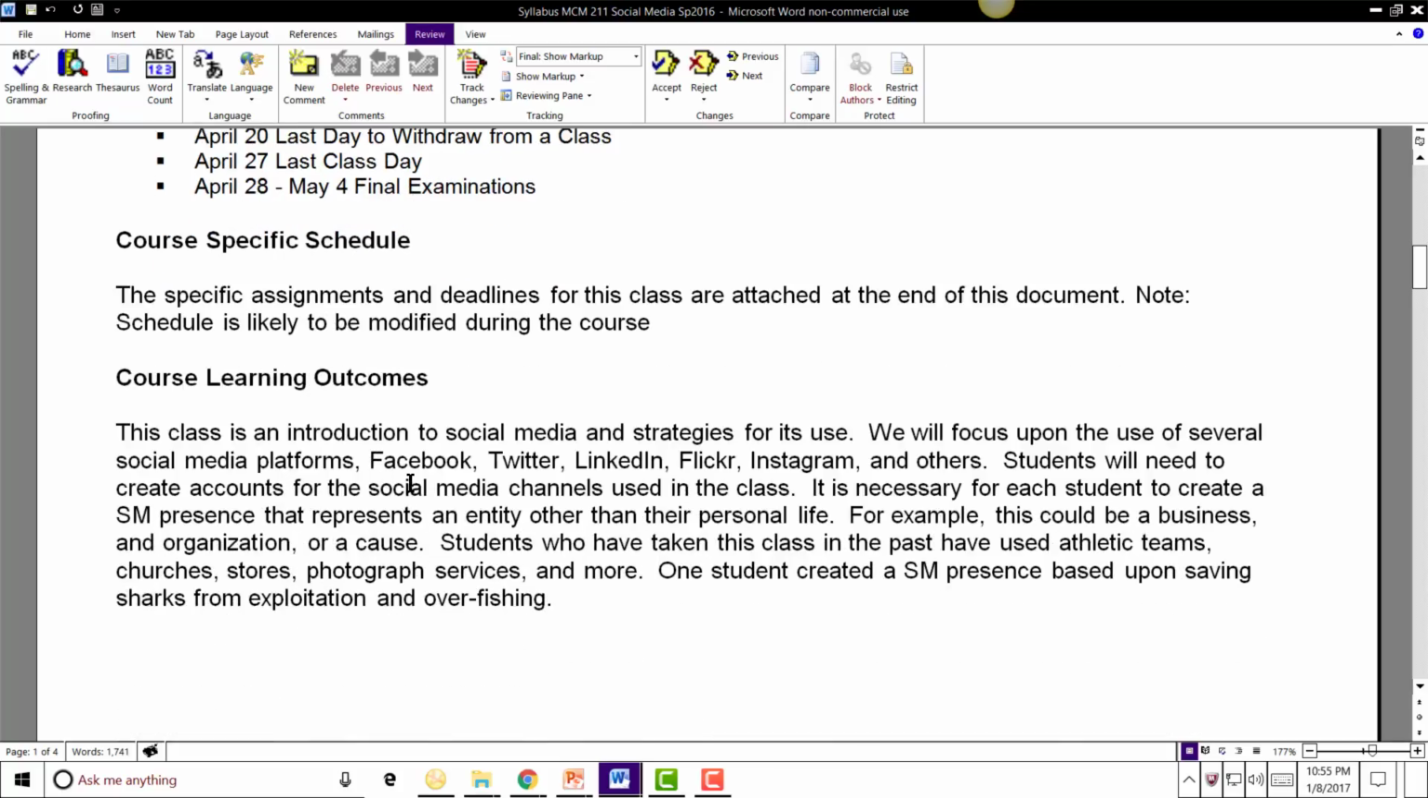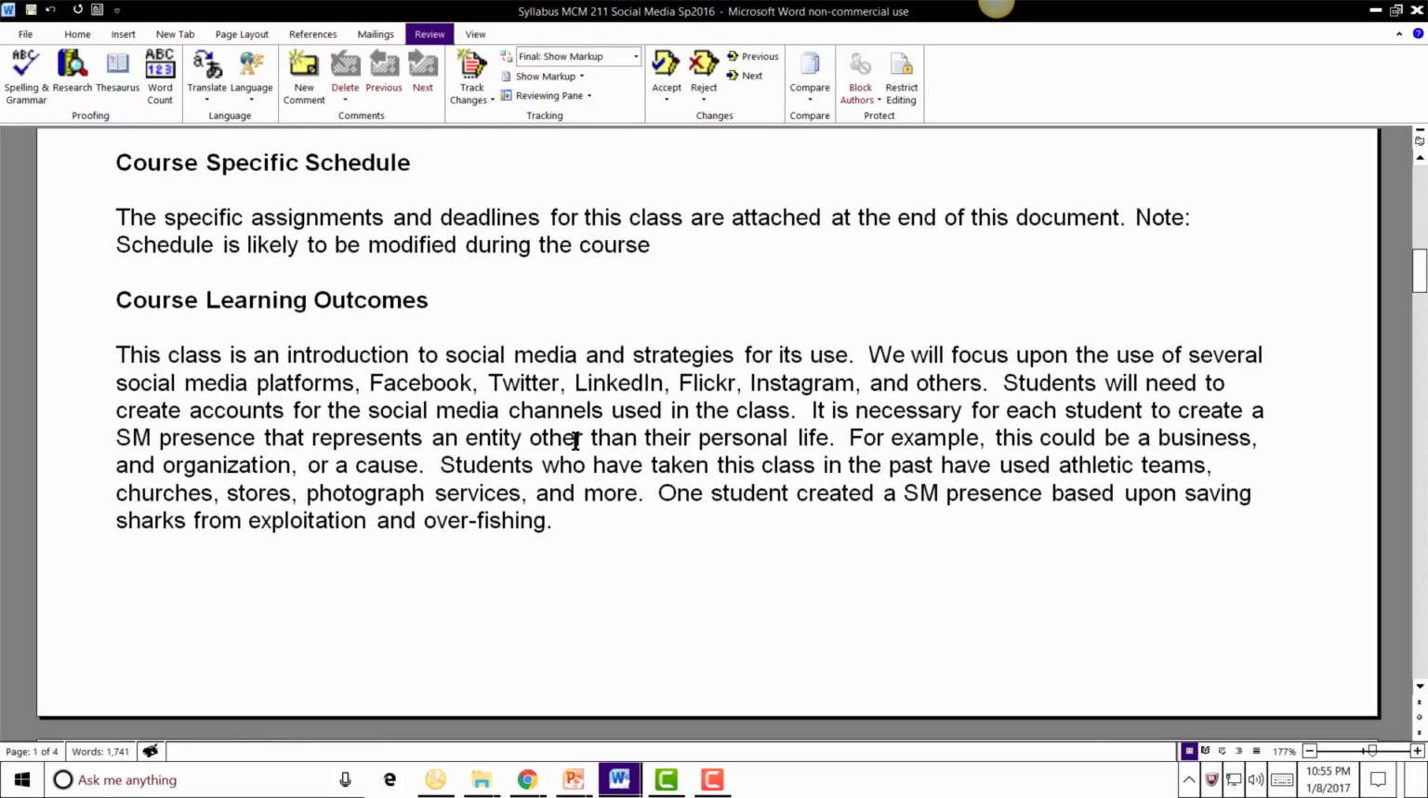Course learning objectives, this is really what you're supposed to come out with. In this course, we will be focusing on using your social media platforms such as Facebook, Twitter, LinkedIn, Flickr, Instagram, Pinterest, and there are others. We're really going to just take a few of these and work really hard with them. There are plenty of them that are out there, but obviously Facebook is going to be one of the more